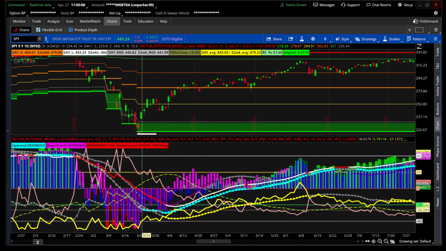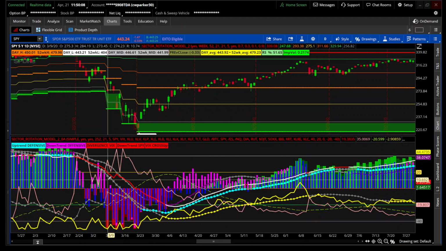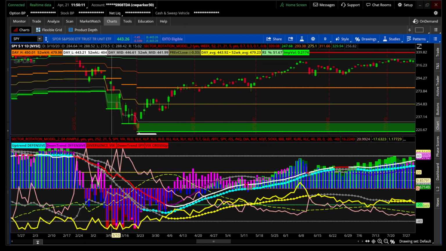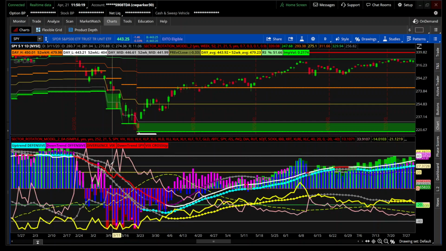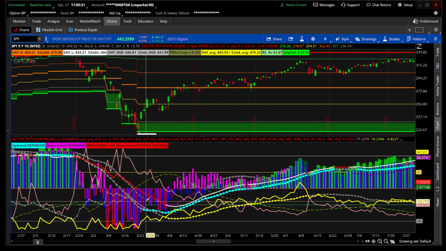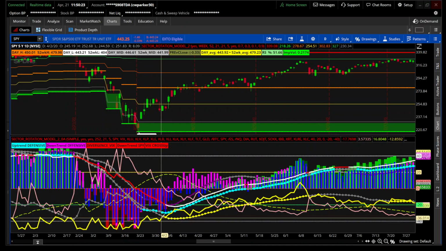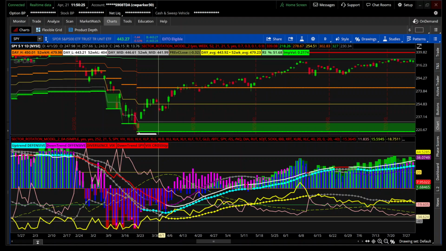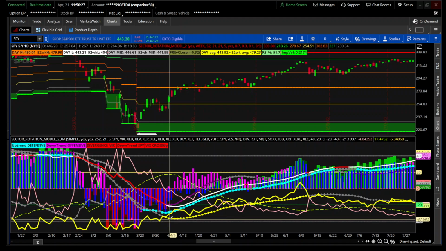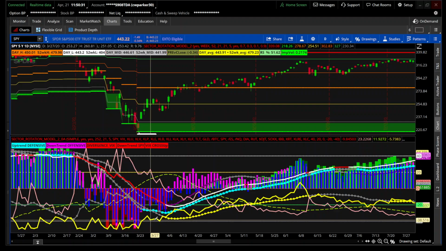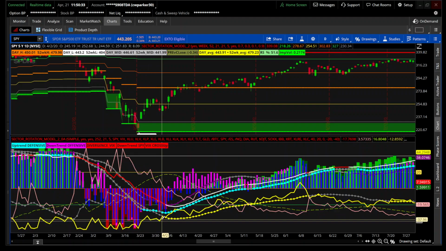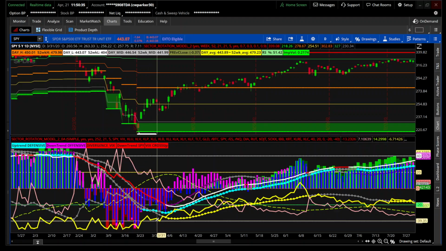It'll be gray if the offensive is below the squared line, and the triangles belong to the defensive, and it'll be gray as well if it's below average. And this yellow line and yellow dotted line is the energy sector. The full yellow line is the actual energy sector, and you can see where it's below